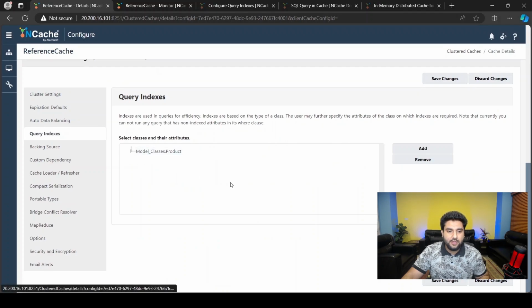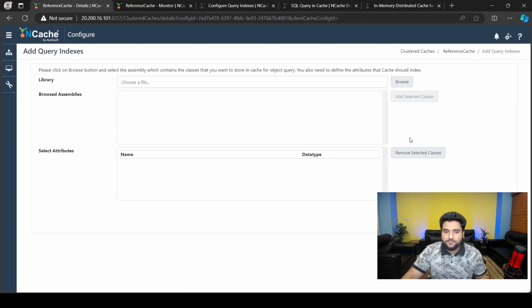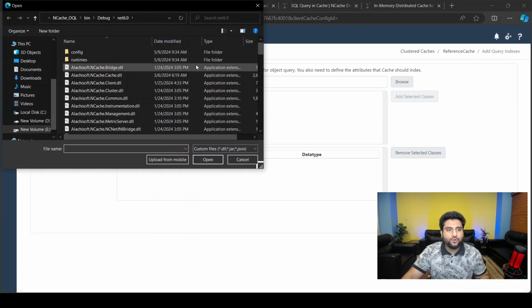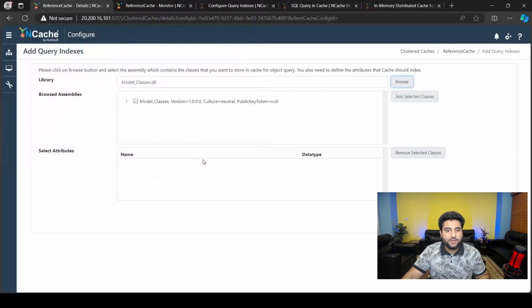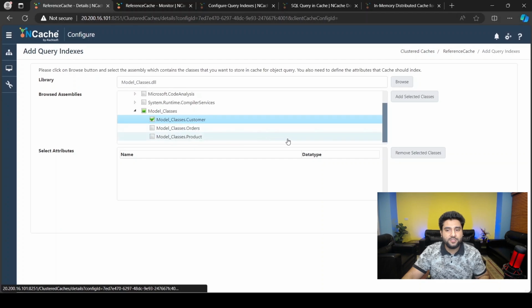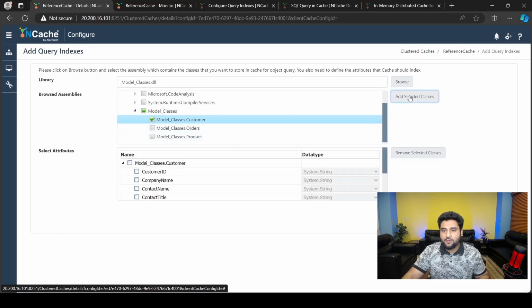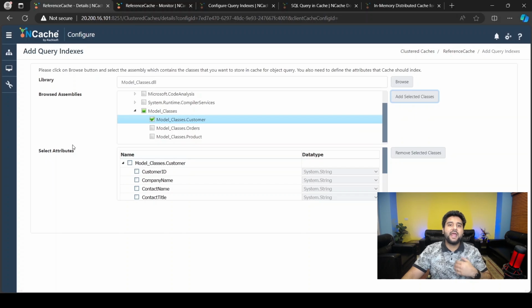You can see here. Let's click on the add button, click on browse. You'll go to the location where the class library is present. This is the location in my case. Let me search for model classes. There we go. Let me open it, expand it again, and let's select customer this time. So click on add selected classes, and again you can select attributes for which you want to perform the criteria